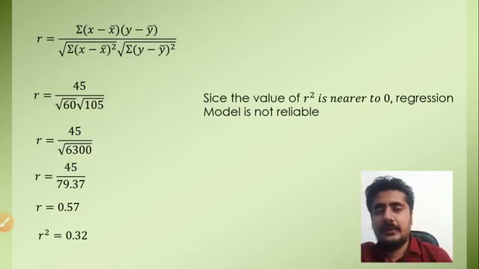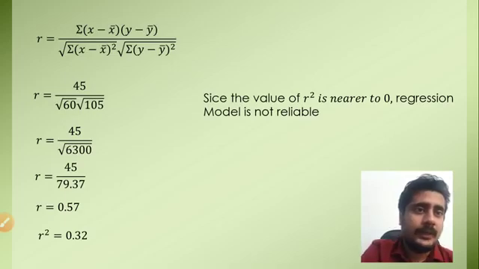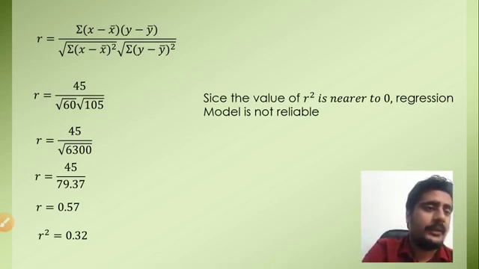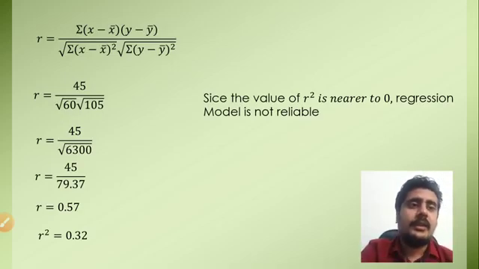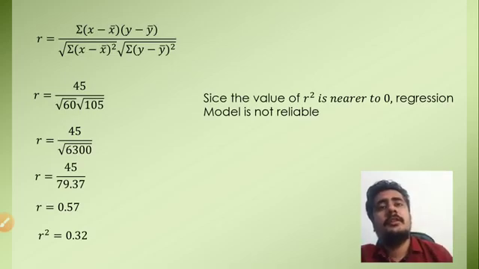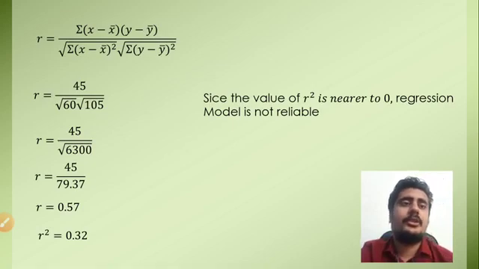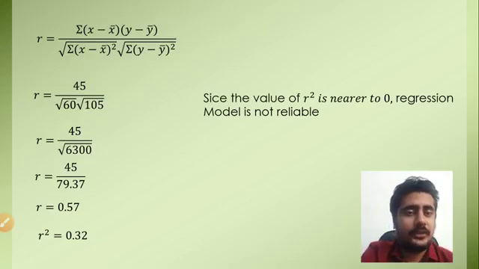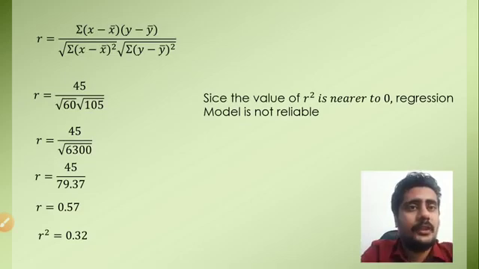So almost we have done the topic of coefficient of determination. We will solve some more sums in the next lecture. In coefficient of determination, what we have summarized is that you have to find r square. You can find r and simply make the square of r. If you get the value of r square near to 0, the regression model is not reliable and the linearity assumption of regression is not valid. If you get the value of r square near to 1, the regression model is reliable and the linearity assumption of regression is valid.